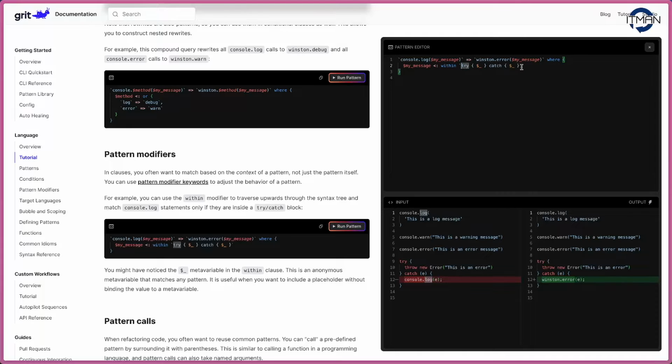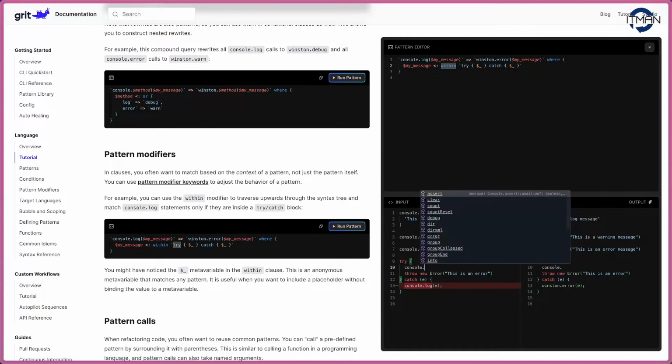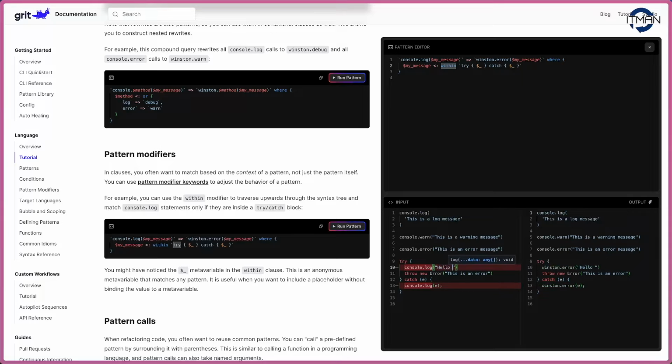Just say try catch. So this is where we define this. You see here we have console.log, which we replace with logger.error. So if I add another one, we say console.log hello there. So this is the value. So you see here it has two cases. It's the try catch and it's within the try catch and replaced with the error. The one above here didn't change anything,